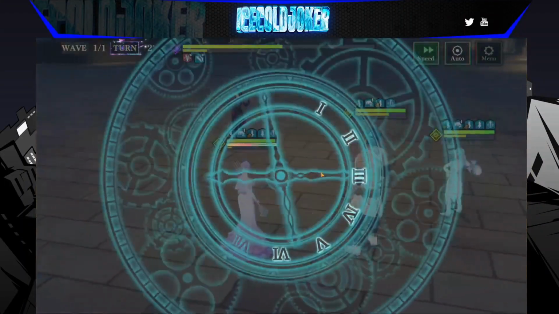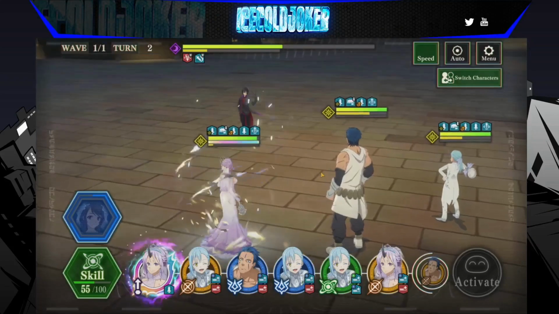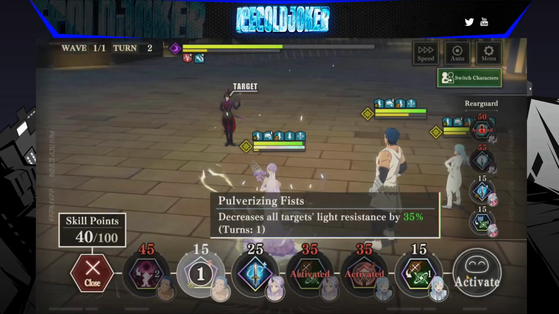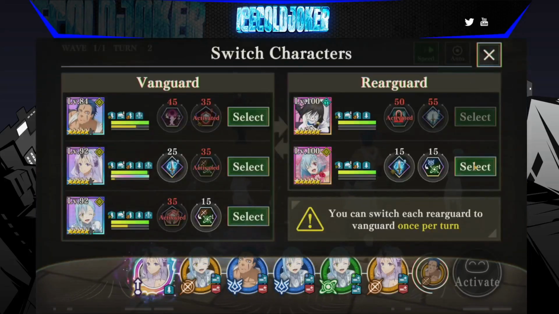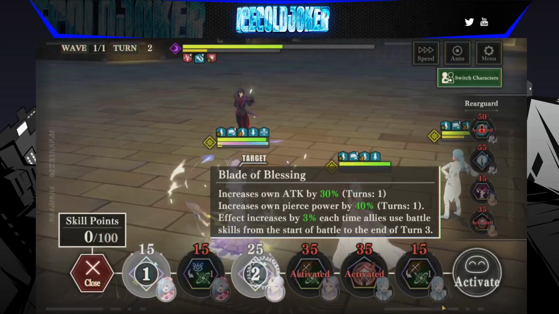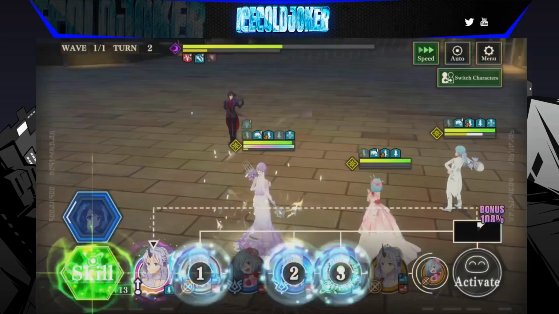We have sent the 5 greens, we have rewinded now, and we have 55 points exactly. Right here, you're going to use Daggerl's Light Resist down, and then swap him out for Shinsha, or swap whoever out who's weaker. Shinsha, you're going to pop her light boost up by 15 points, and then you're going to pop Xion's attack boost,